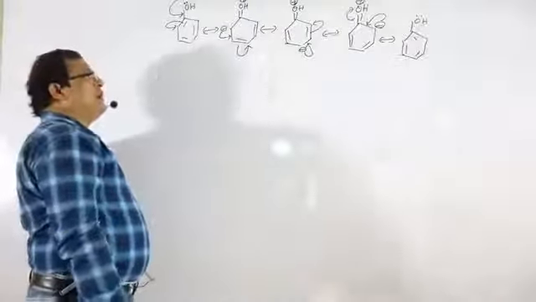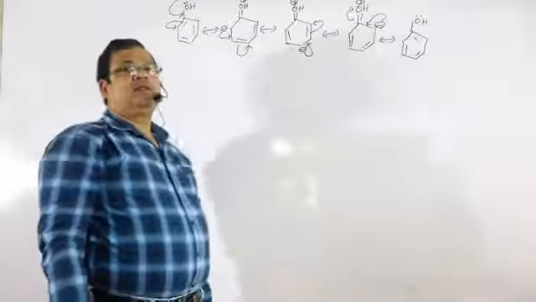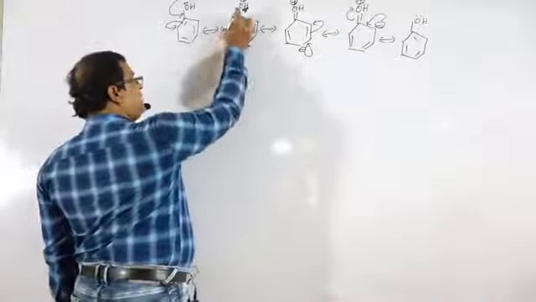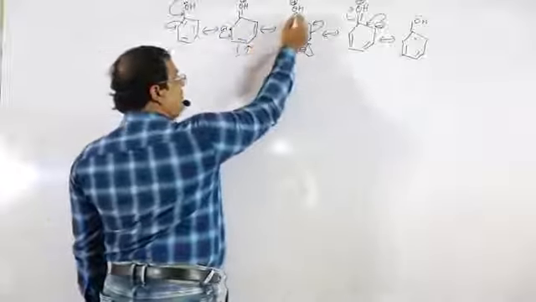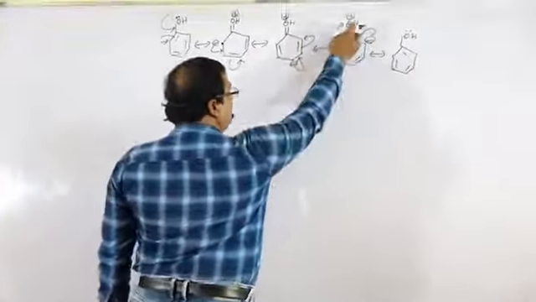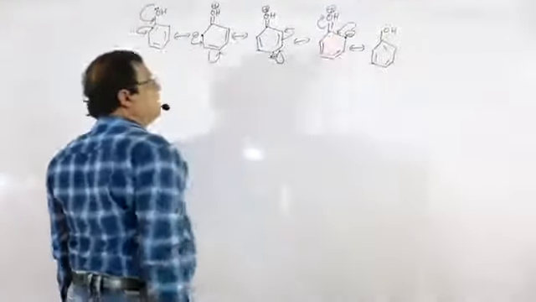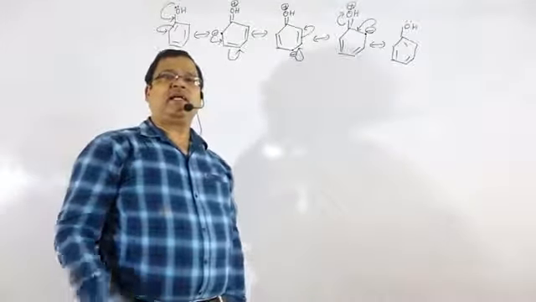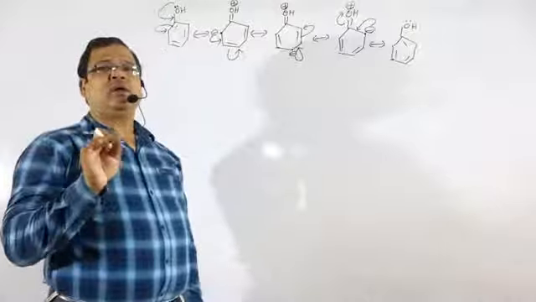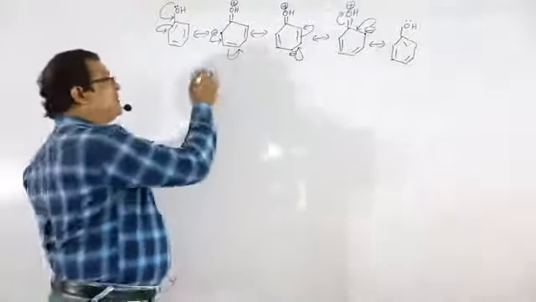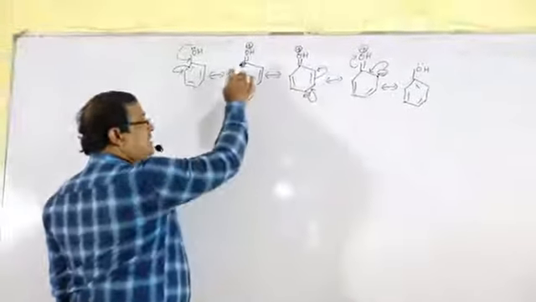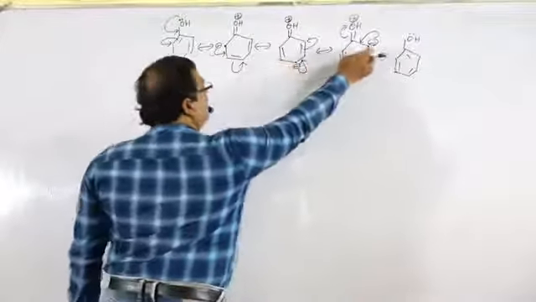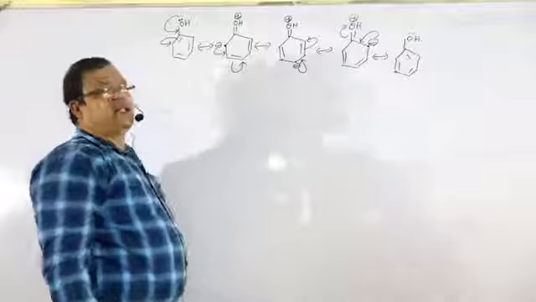So if you mark the resonating structures for that phenol, the benzene ring that contains the negative charge with respect to that OH group, this is your ortho position. With respect to that OH group, this is your para position. With respect to that OH group, this is your ortho position. Means at the ortho and para positions there is negative charge, which indicates that electron density becomes more at ortho and para positions. So ortho and para positions become negatively charged, and electron density increases in the ring, particularly at ortho, para and ortho.